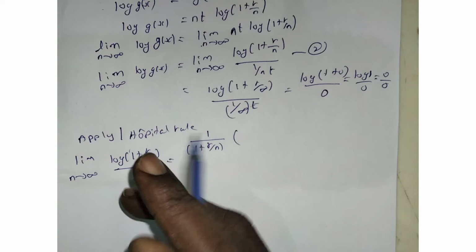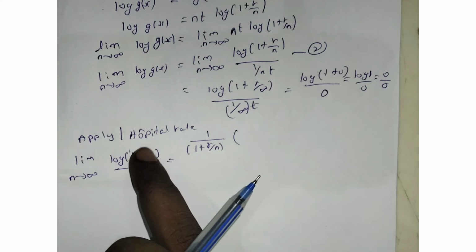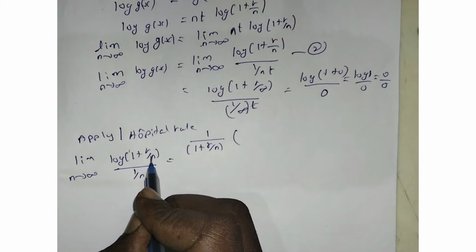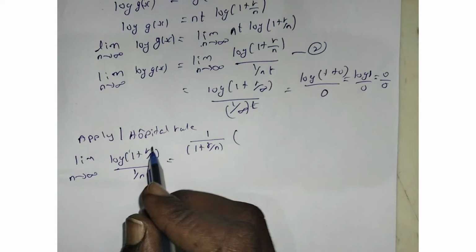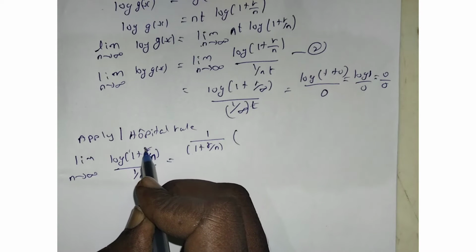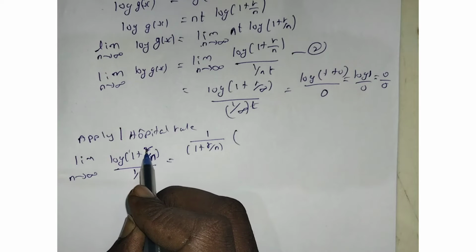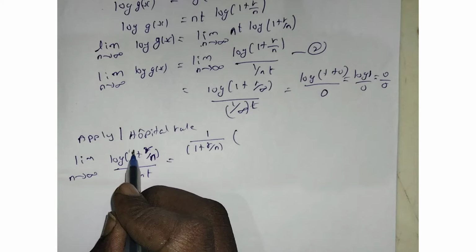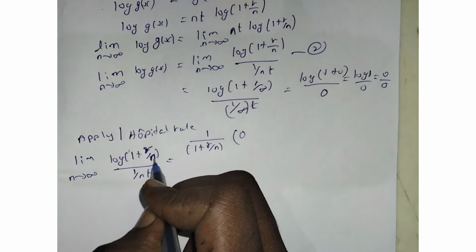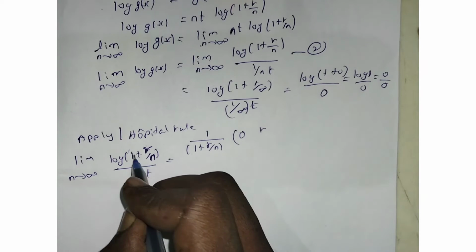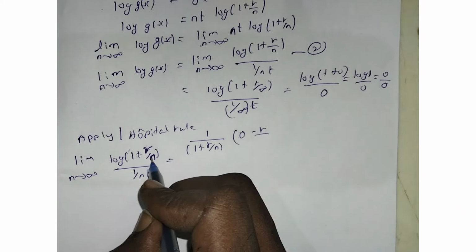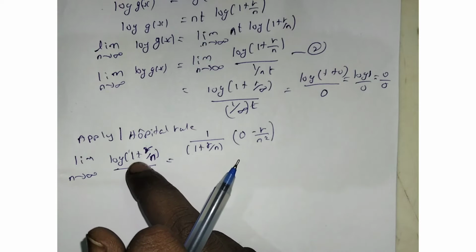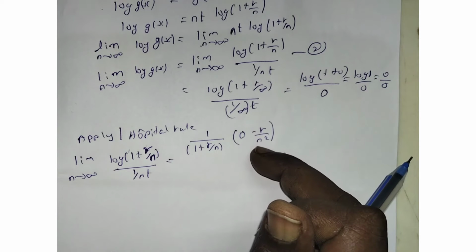Again, differentiating r by n. When we differentiate r by n, the variable is in the denominator, here the variable is n, and the power is 1. So we follow the shortcut: when the variable is in the denominator, take the power and multiply it with the numerator, and change the symbol. Here 1 is a constant, and differentiating it becomes 0. Then 1 into r will come, plus r becomes minus r. Then increase the power in the denominator to n square. So the derivative of r by n is minus r by n square.